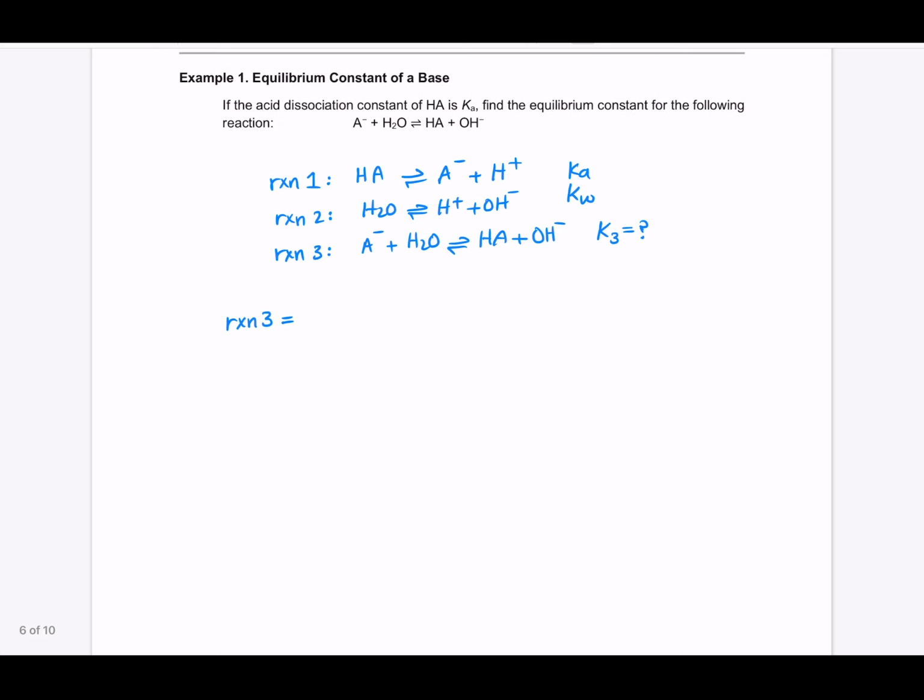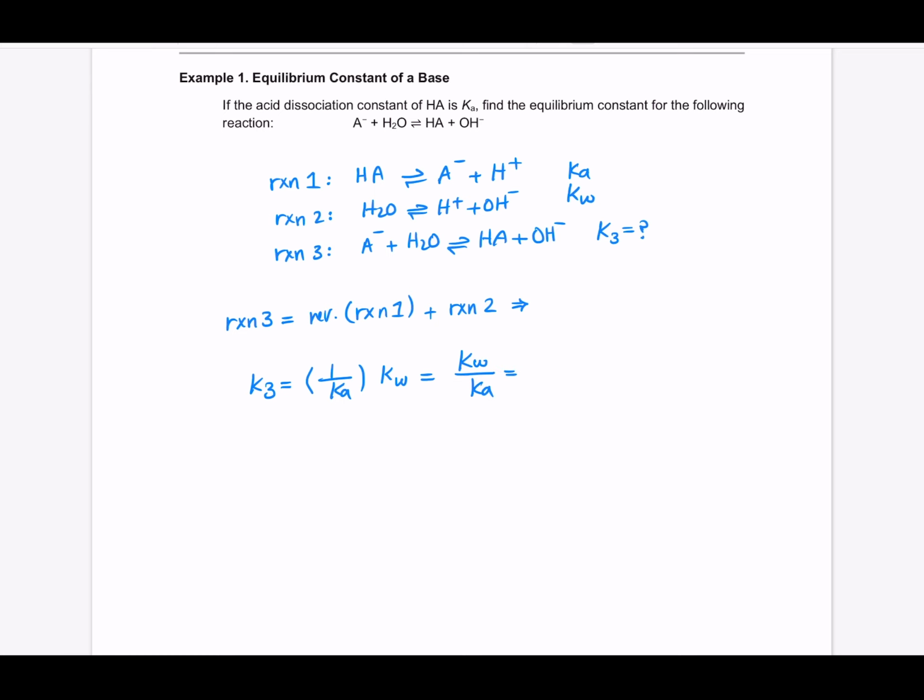Reaction, reverse of reaction 1. Exactly. And I'm sure you know how to deal with the reverse of a reaction in terms of the K value. So then K3 would be the product of the reverse of reaction 1, which would be 1 over Ka, times the K of the reaction 2, which is Kw, or this would be Kw over Ka,